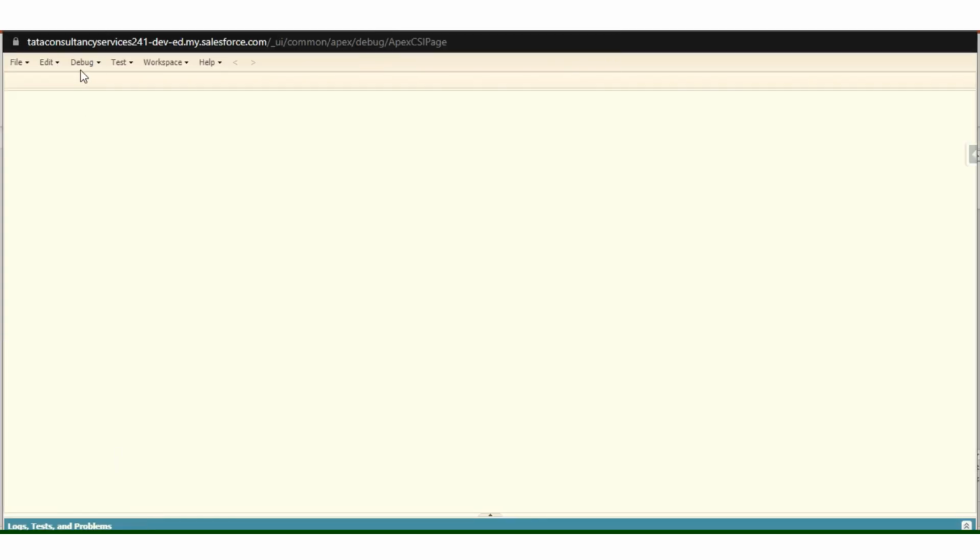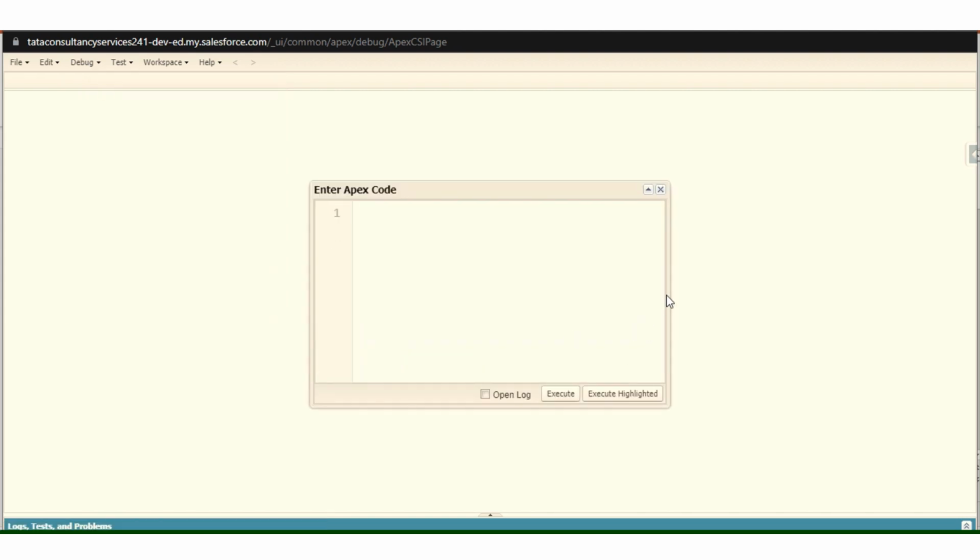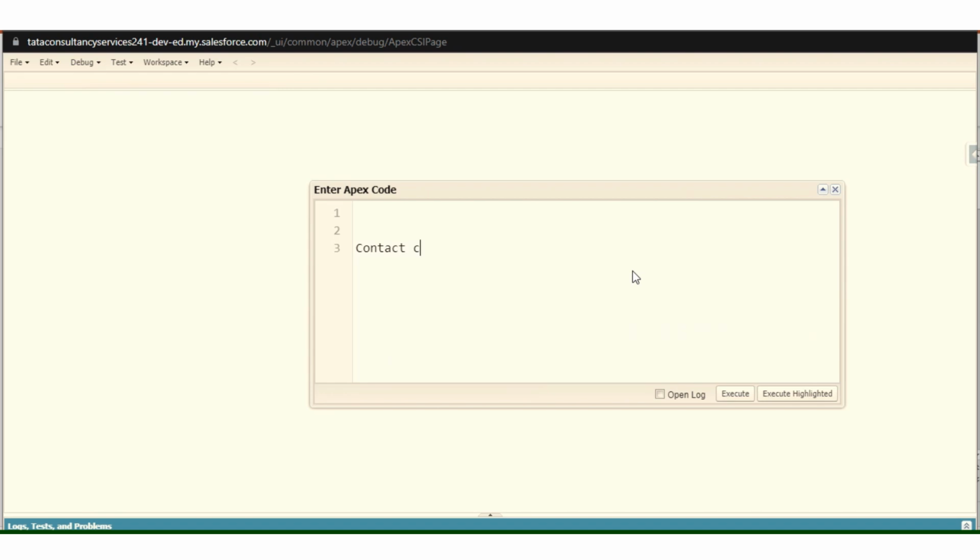So in the developer console, I will go to Debug, open Execute Anonymous, and write some queries quickly. Contact con equal to select Id from Contact limit 1, and let me put one for loop here: for i equal to 0; i less than or equal to 5; i plus plus.